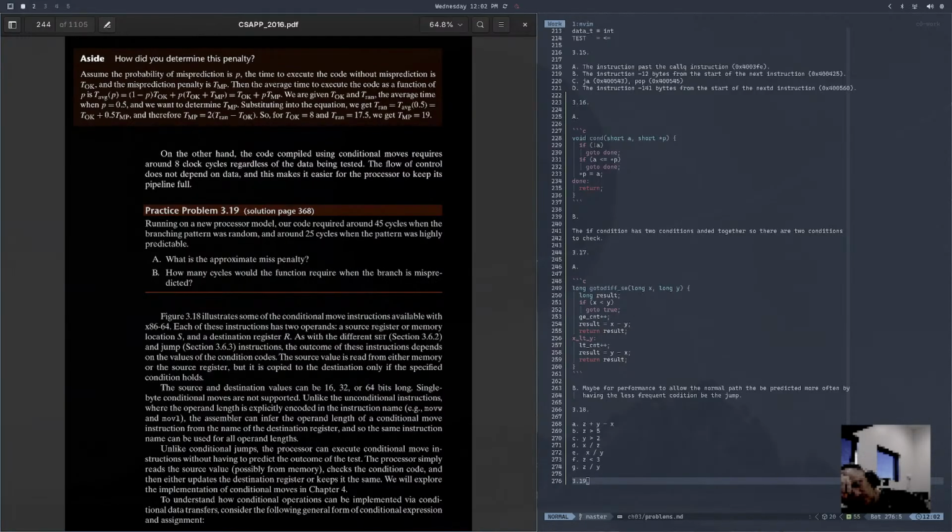yeah, because you go TOK minus TOK P plus TOK P plus TMP. So then you just get TOK plus P TMP. We're given TOK and T ran, the average time when P is equal to 0.5, and we want to determine TMP. Substituting into the equation, we get T ran is equal to T average of 0.5. And therefore,